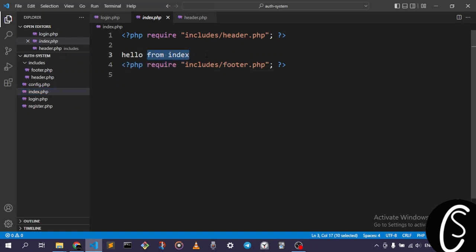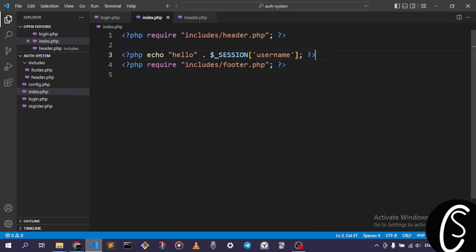Because we have our own session at header.php and we include it inside the index down here, we can say hello, and now we can take advantage of our own session and say hello, session username. Okay, so let's put this inside the PHP, and we're going to say echo, and let's concatenate this,